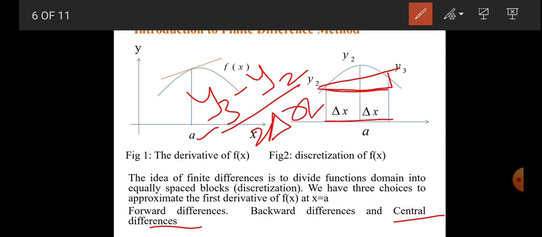So by solving this, we will get the point on this line. That means we also get the value of y2 by considering forward and backward elements. So this is called the central difference method. By using different points, forward point, backward point, or both forward and backward points, we can solve this function. The methods are differentiated according to which point we choose: forward difference, backward difference, and central difference.